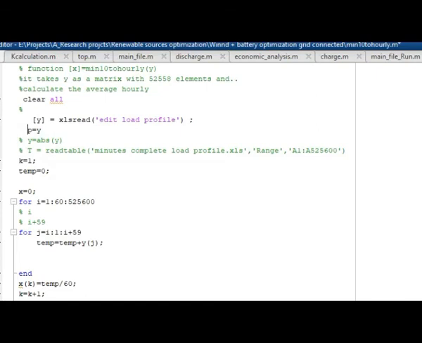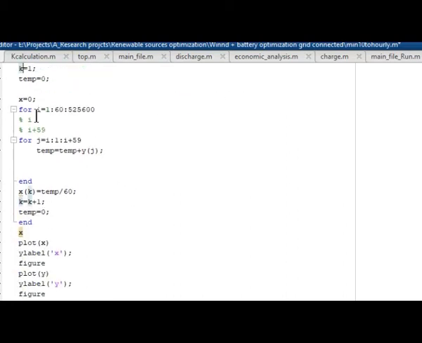There is some dummy variable storing this data, y into the p. Then I am taking the absolute, and this is the function which converts the minute data to the hourly basis. We have a total of 525600 entries.